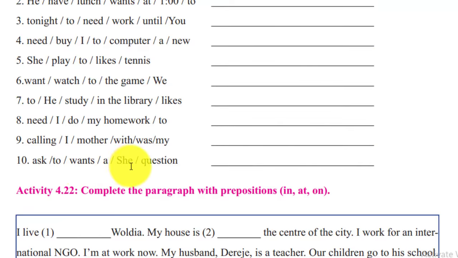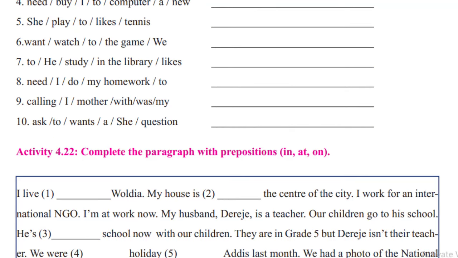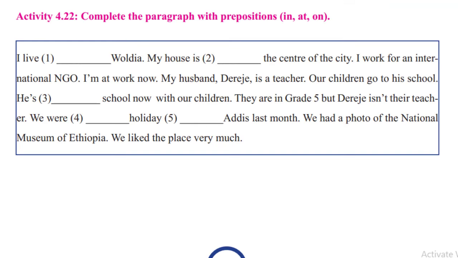infinitive ውስጥ የሚያስከትለው she wants to ask ትላላችሁ መጠየቅ ትፈልጋለች ምንድን መጠየቅ a question ይሄ አሁን ኦብጀክት ነው ኦብጀክት አስከትሏል ማለት wants to ask a question ብላችሁ ትጨርሳላችሁ ማለት ስለዚህ በዚህ መልክ disordered የሆኑትን ordered ለማለት subject plus verb plus object ወይንም subject plus verb plus place phrase ወይንም ደግሞ time phrase ተጠቅማችሁ ትሰራላችሁ ማለት ነው the other one አሁንም complete the paragraphs with prepositions in at on የሚሉትን ተጠቅማችሁ ትሰራላችሁ ቦታን